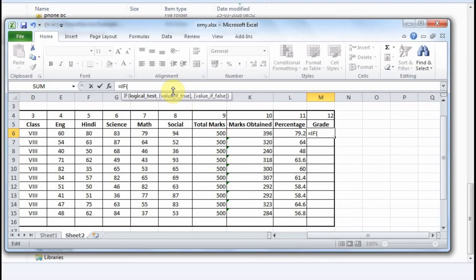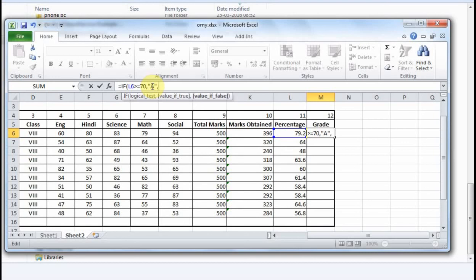Our logical test is what? Percentage greater than 70 is A grade. So click on this percentage, this will come as L6, L6 greater than or equal to 70, comma. The true value will be A grade, then comma.